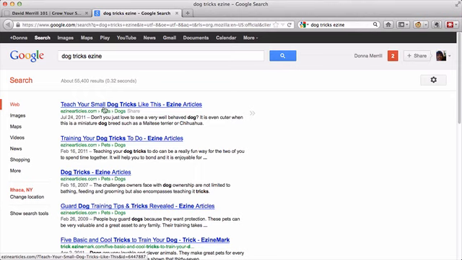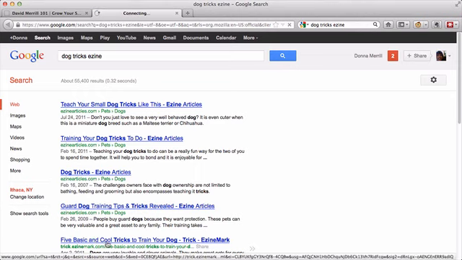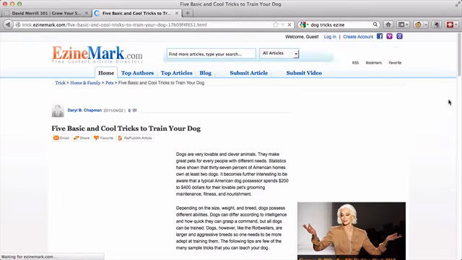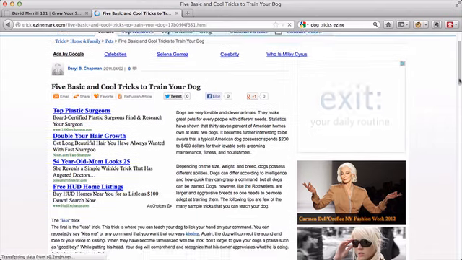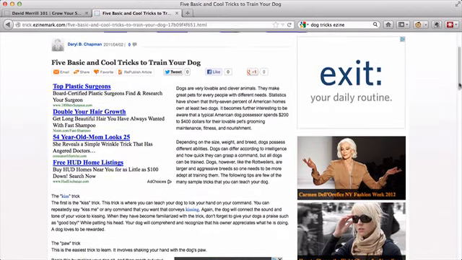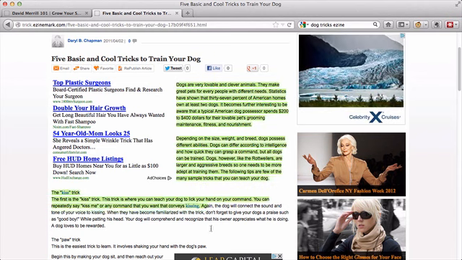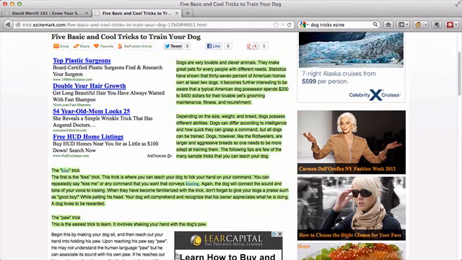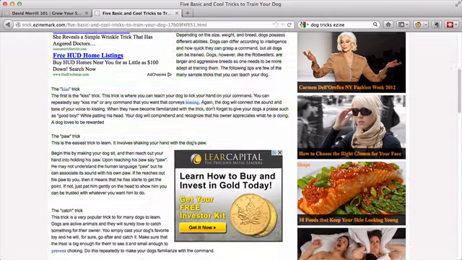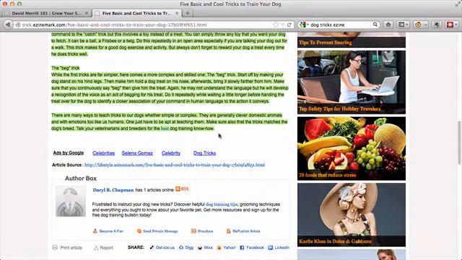Teach your small dog tricks. Training your dog tricks to do. Dog tricks, guard dog training tips, 5 basic and cool tricks to train your dog. Let's click on one of these. We'll take the 5 basic and cool tips, and I'll show you very quickly a way that you can curate, that is, gather content. I'll take this ezine article, copy it, and paste it onto